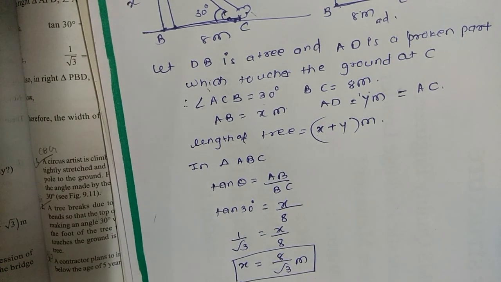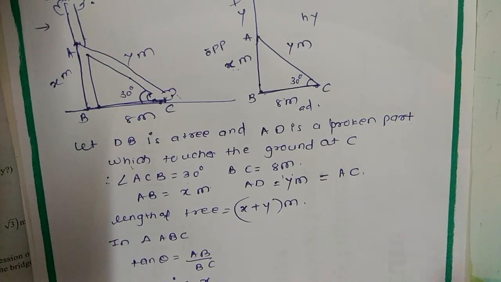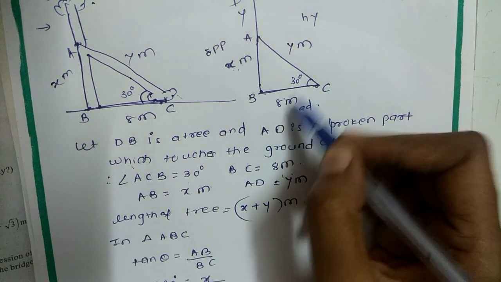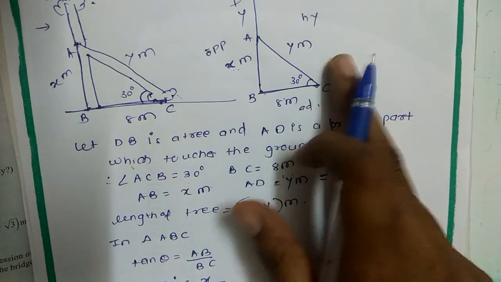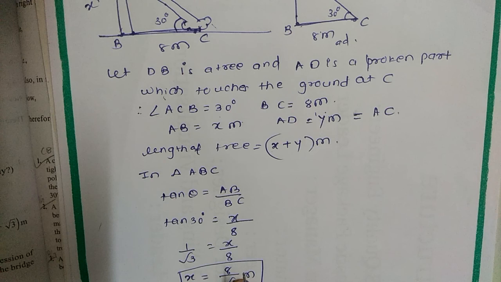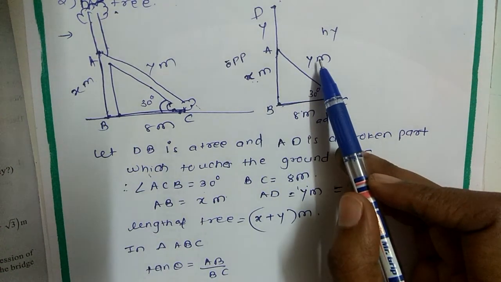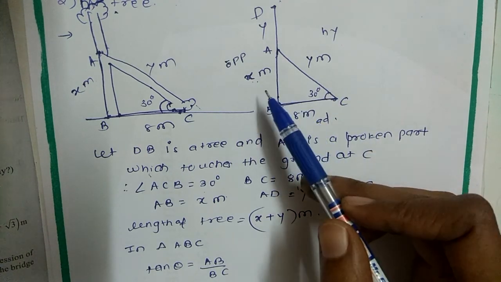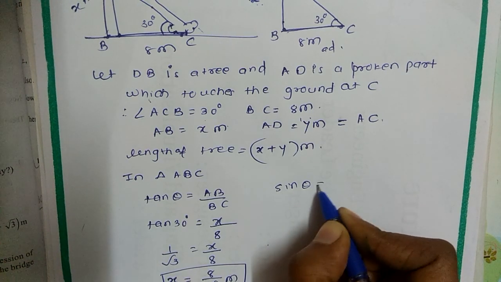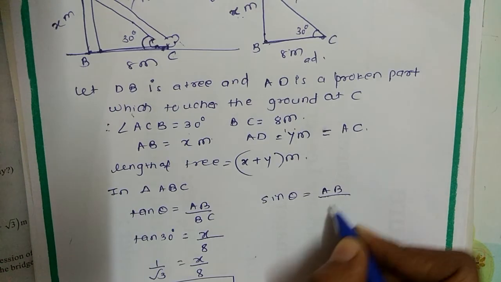Similarly, you have to find out the value of Y here. Take a trigonometric ratio where we have Y, that is the hypotenuse. We have the adjacent and hypotenuse, otherwise opposite and hypotenuse you can take, isn't it? Because anyhow we have got X as 8 upon root 3 meter. So you can take cos also, or you can take sine. I would like to take sine here. So sine theta, according to this figure, is opposite, that is AB, upon hypotenuse, that is AC.